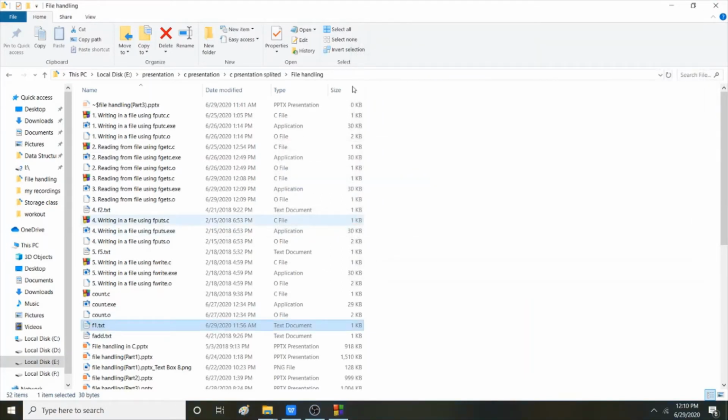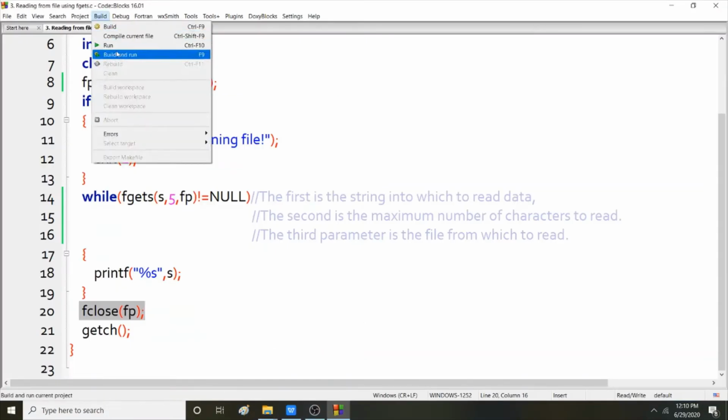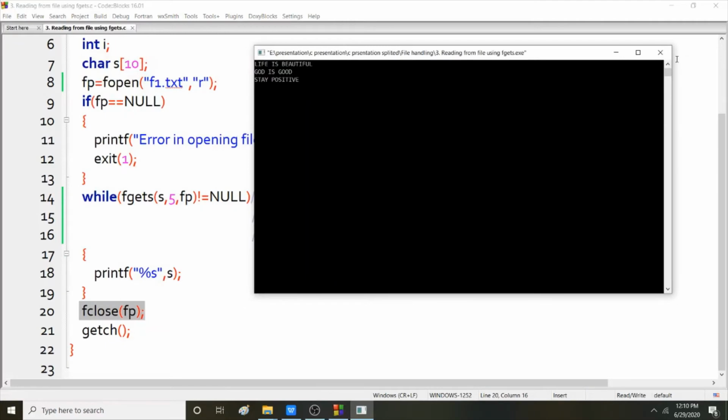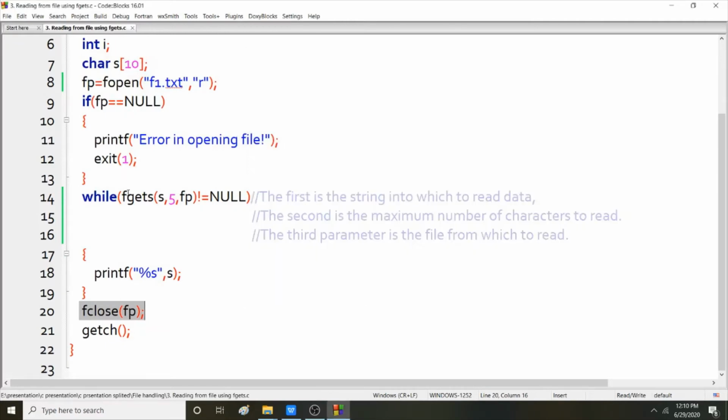Now when we run the program, we get these three lines. In this way, fgets is used to read 5 characters at a time here in this program.